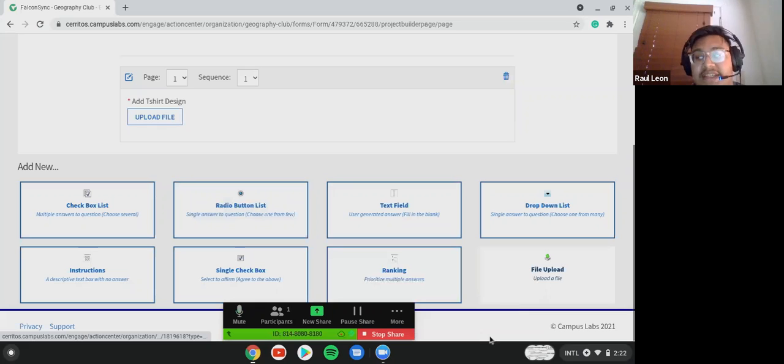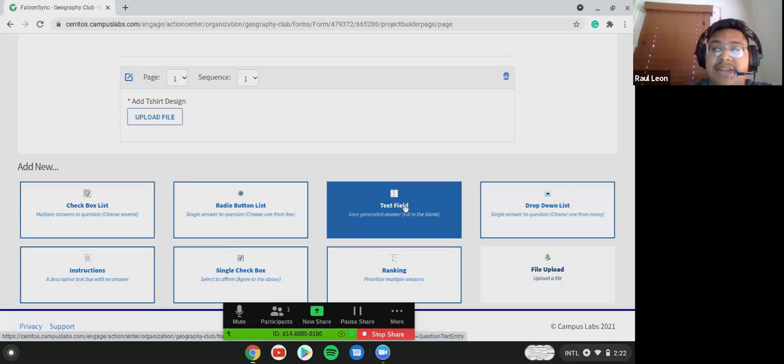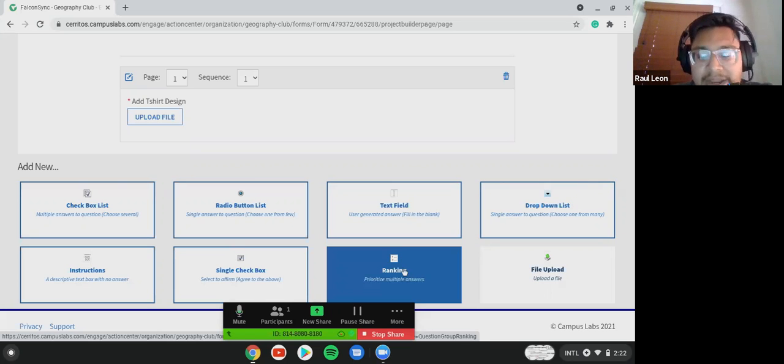Other functions that they have is drop down. You can ask them, out of this list, what is your favorite soda? And they can click out of those options that you give them. Text field, you can give them a question, and then they can fill in the blanks. Rankings, you can say, rank from least favorite to most favorite soda, and you can rank them by numbers.